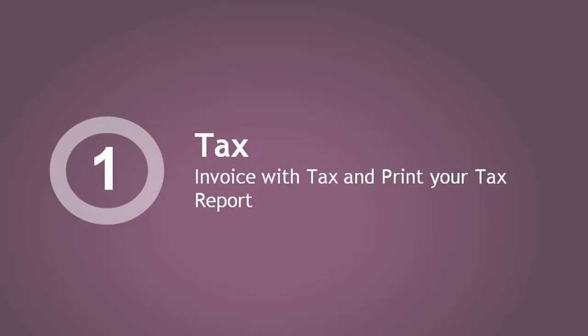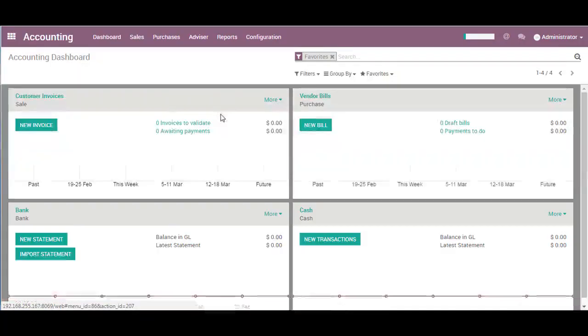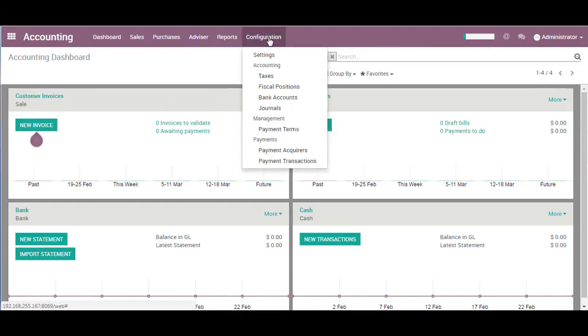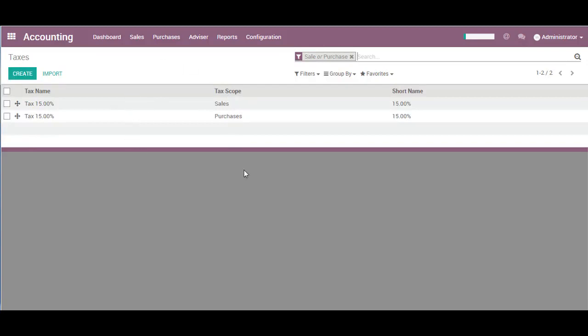So in a few seconds we are going to see how we can make use of these taxes, but first I'd like to check with you how we can configure the taxes, and then we will use them by creating a vendor invoice, and then we will also show the effect and the impact of using those taxes by printing the tax report. In order to have a look at the taxes configuration, you have to go in the accounting module, and you can check in configuration taxes, and you can see all of the taxes that are created at